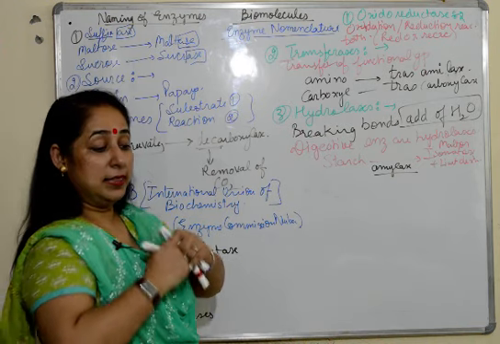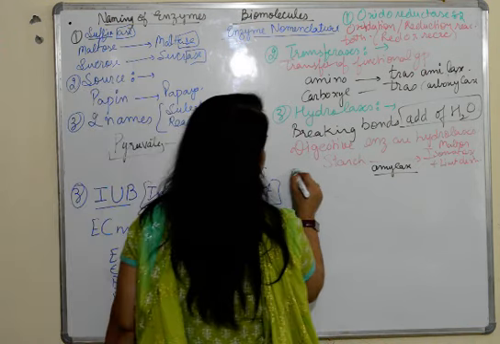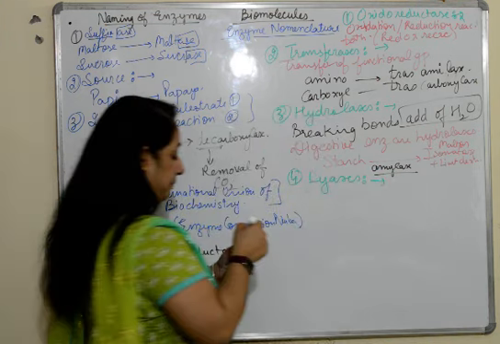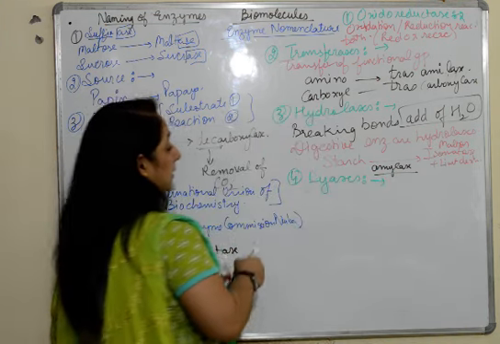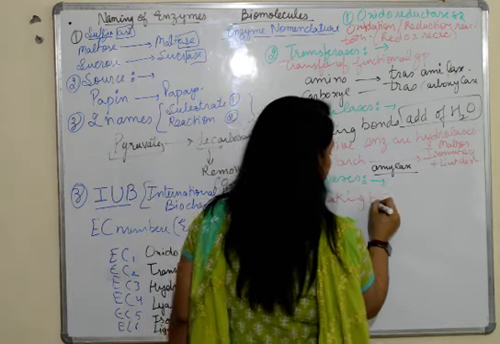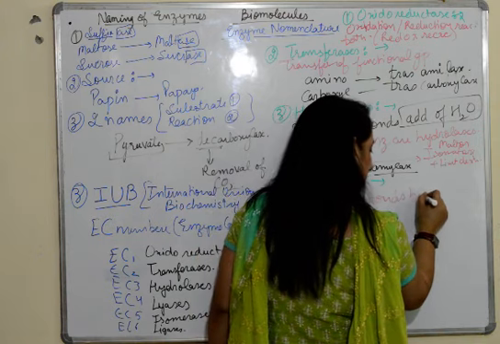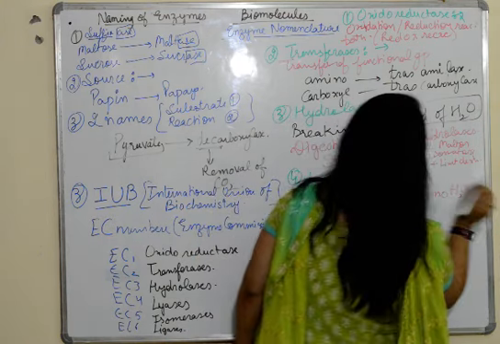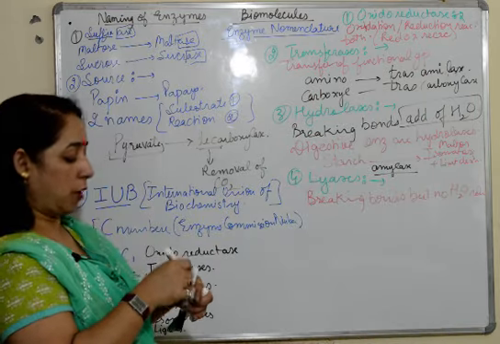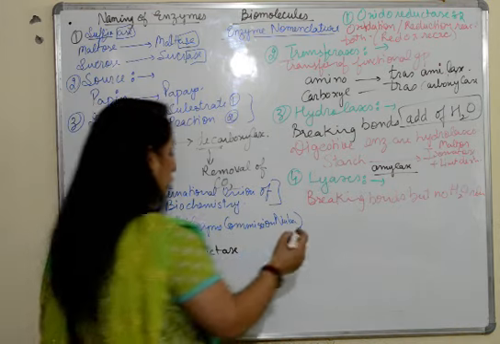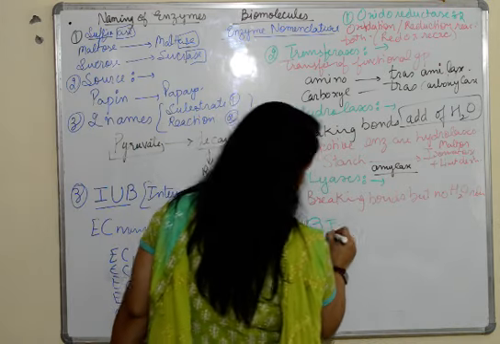Then we have lyases. Lyases are the same as hydrolases, but there is a difference. They also help in breaking bonds, but no water is added or released or formed. Okay? So they are lyases, which also help in breaking of bonds. Next is